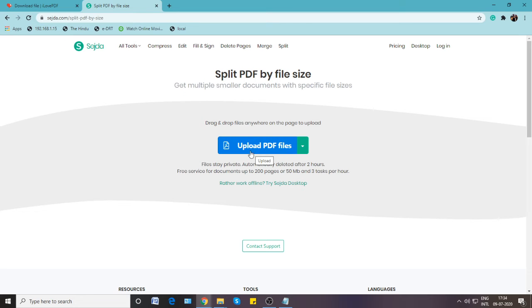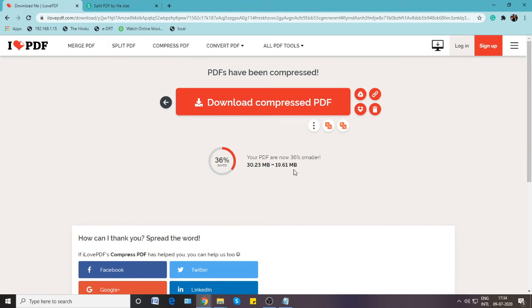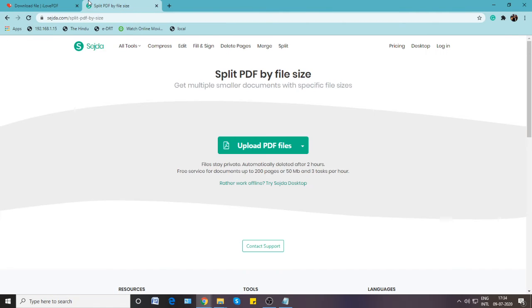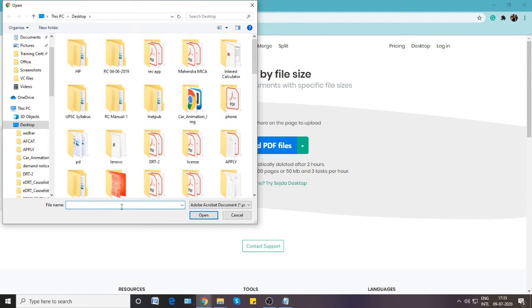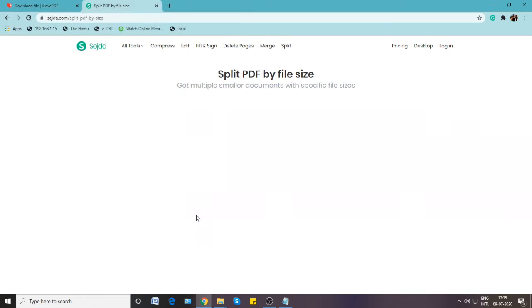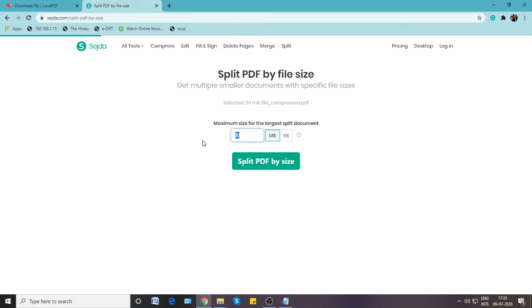We will upload that 19 MB file. Now the 30 MB file has been reduced into 19 MB, and we will split that 19 MB file. So this one, the compressed one, open.